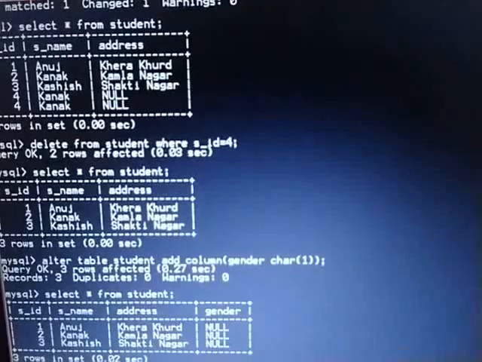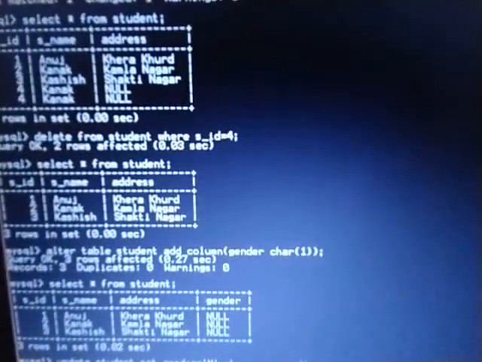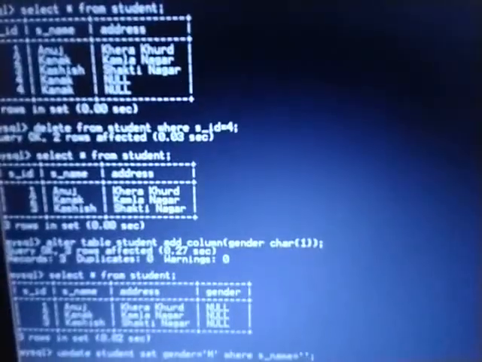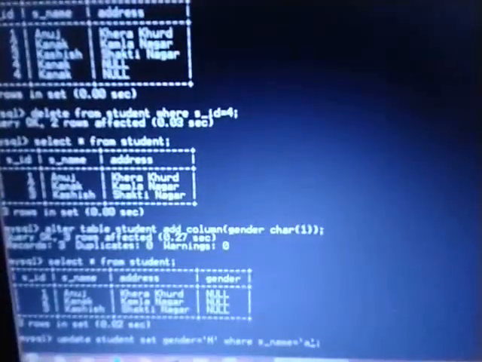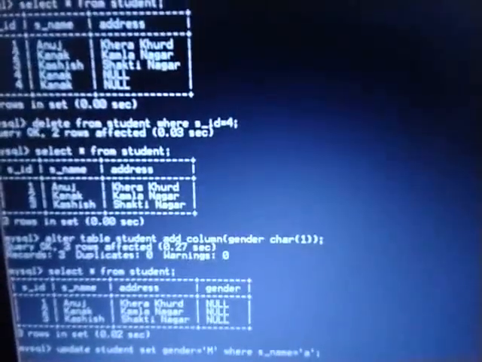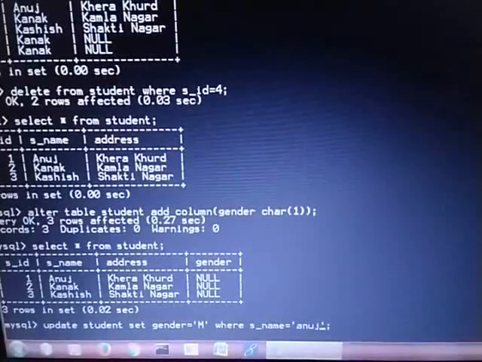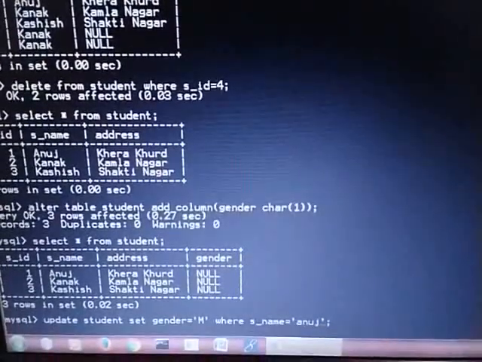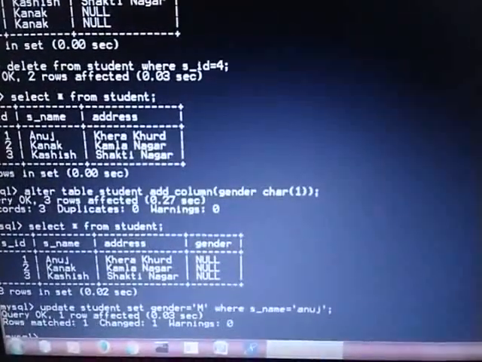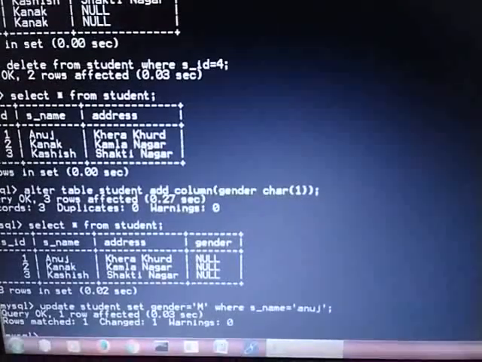Anuj is male, so you will write male over here, and where name is Anuj. Fine, this query is clear. Update student set gender equals to male where S name equals to Anuj. Press the enter button. One row is affected.